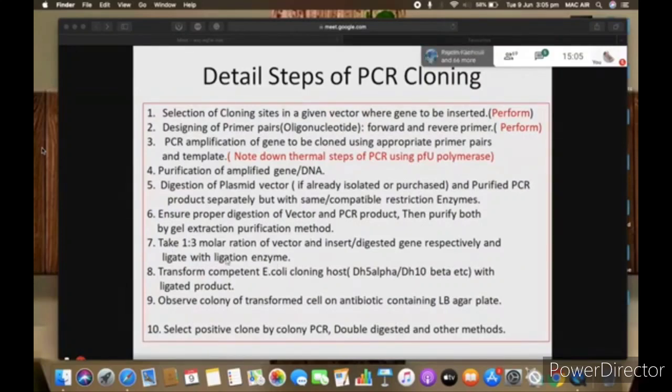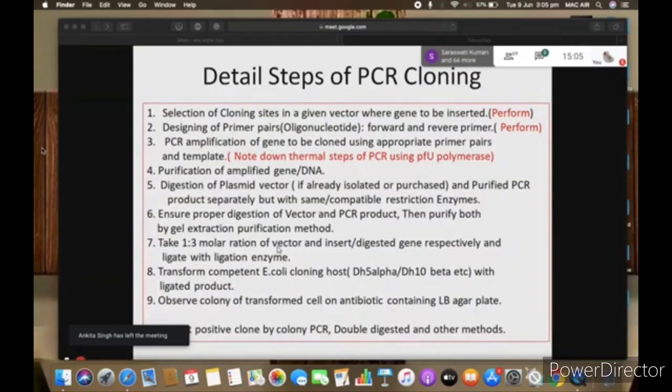We don't know whether ligation is successful or not. Most of the time, we take that ligated mixture and transform our competent E. coli cells. We must keep our competent E. coli cells ready before this ligation. Ligation time also depends upon the ligase enzyme and company you are purchasing from.